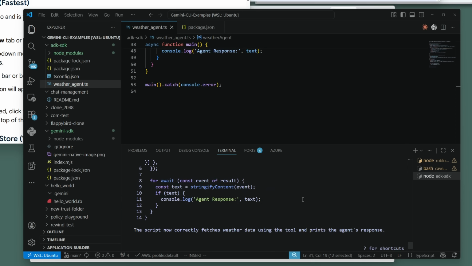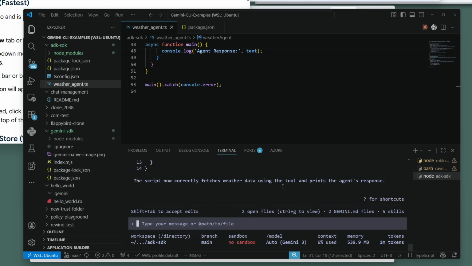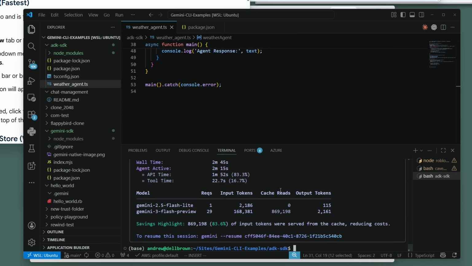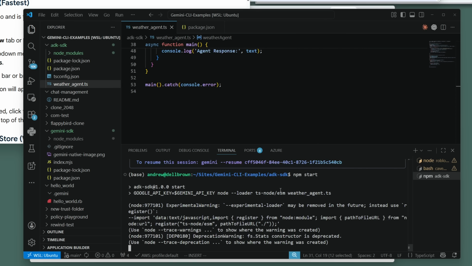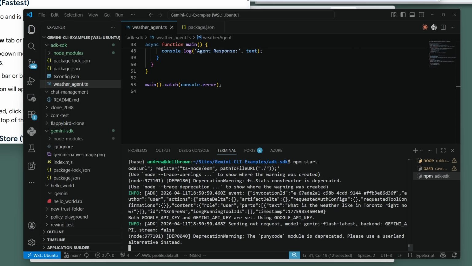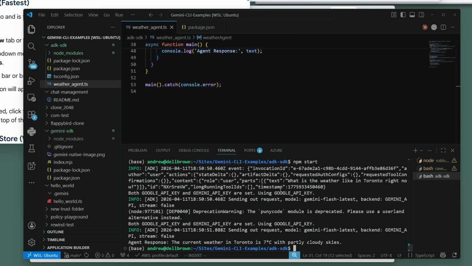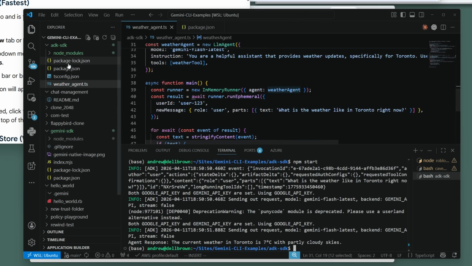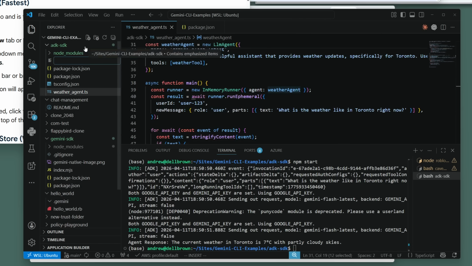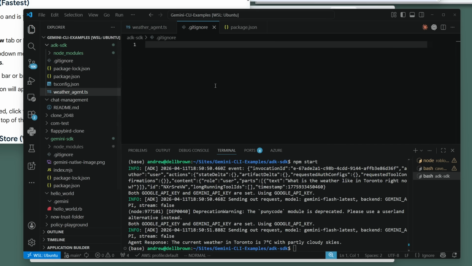Okay, so I've updated the agent. It now fetches the stuff. Okay, so we're going to stop this. We'll go ahead and take a look here. And does it work? There we go. So extremely convoluted. It's added the node modules there. I don't know why they just will not create us